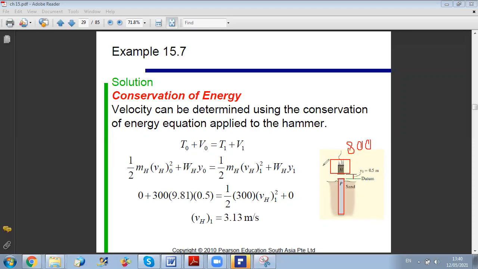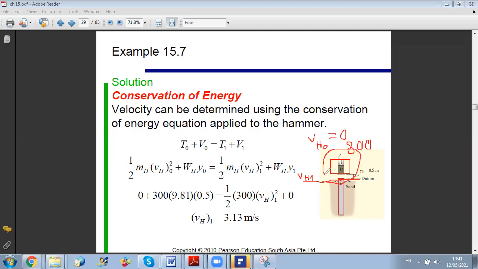So here we should divide the problem into steps. The first step, we should get the velocity of the hammer as it reaches pile P, and this will be the velocity just before collision. Okay, so the first step is to get VH just before collision. We will call it VH1, knowing that VH0 is 0 when it is released from rest. Okay, so for the first step, you already know how to do it. Here I have no collision.